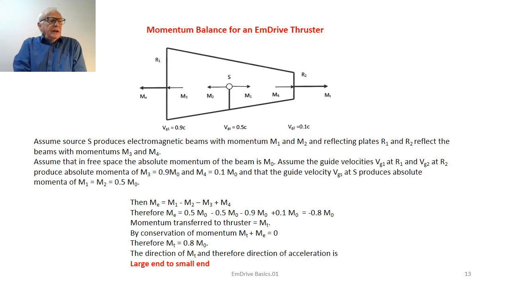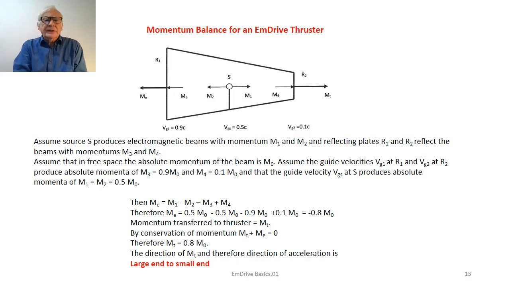So, assuming that the velocity Vg1 at R1 is 0.9 c and the velocity at the source Vgs is 0.5 c and the velocity at the small reflector R2, which is Vg2, is equal to 0.1 c,